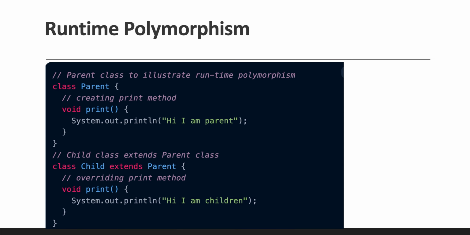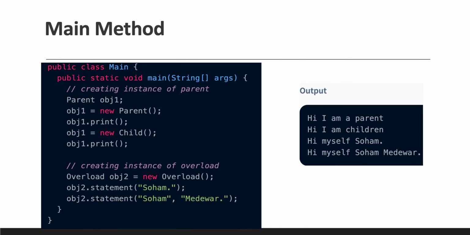So this is how we have seen what polymorphism is and how polymorphism can be achieved by using method overloading and method overriding. Using method overloading, we can achieve compile time polymorphism, and using method overriding, we can achieve runtime polymorphism. So don't worry about this. This is the basic introduction of polymorphism and how we can achieve it. We will discuss each and everything, like method overloading, method overriding, compile time polymorphism, and runtime polymorphism, in detail in the next upcoming video. So stay tuned.